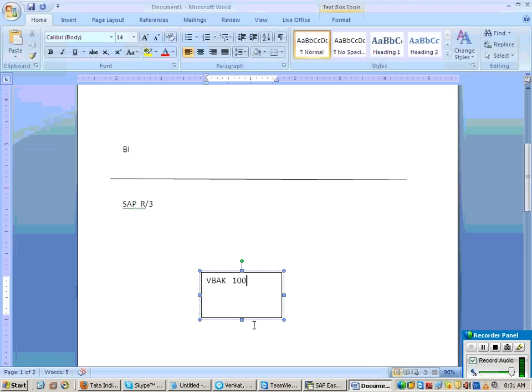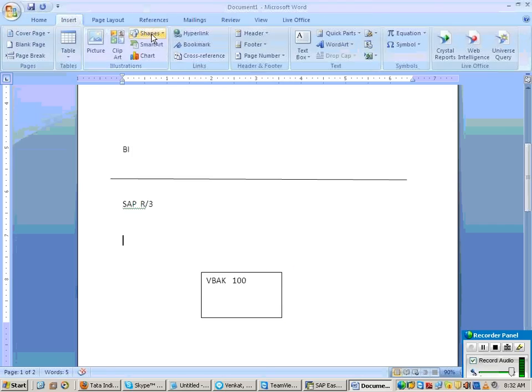Earlier I specified the file name; now I specify the table name, VBAK. So once you create your data source, what happens?